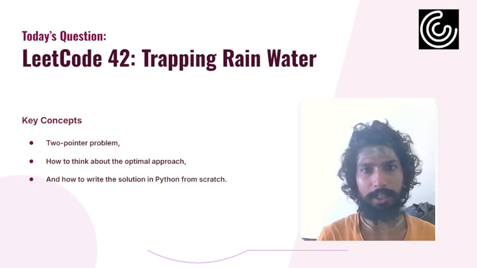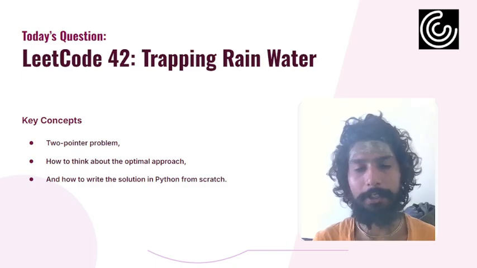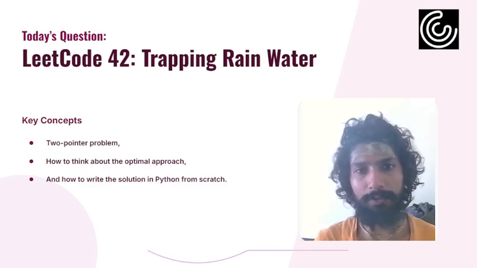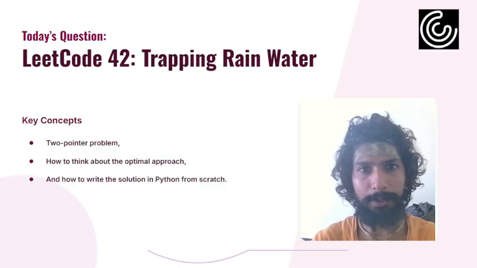In this problem, we are given an array where every number represents the height of a vertical bar. Each bar has a width of 1. After rainfall, water may get trapped between these bars. Our task is to calculate the total amount of trapped water. For example,